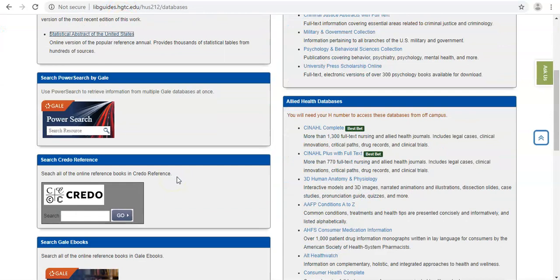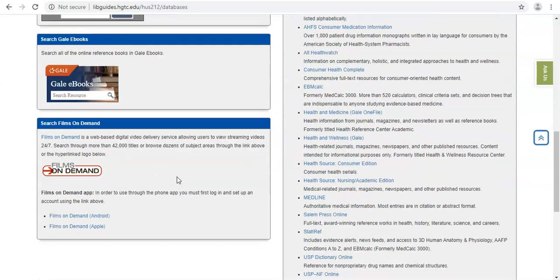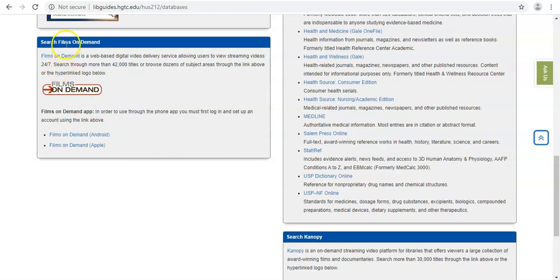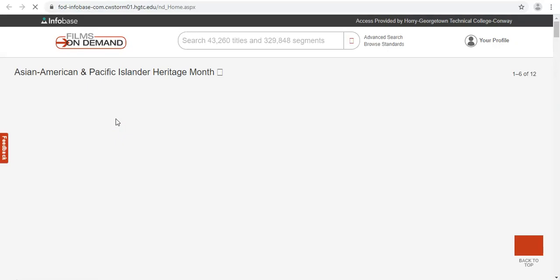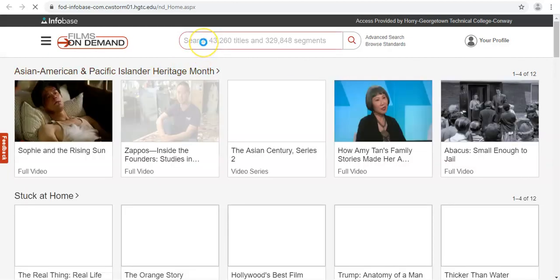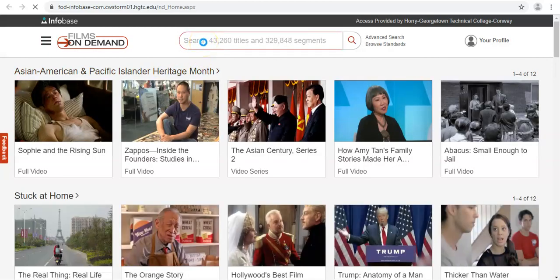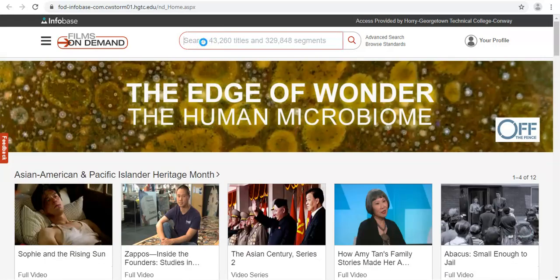And then the last thing that we're going to look at on this particular tab of your LibGuide, down here at the bottom, I told you about Films on Demand and Canopy, the library's 2 streaming video services. I'll go into Films on Demand right now and do one search so that you can see what streaming videos will look like through library resources. You'll see that there's a search box just like you would find in any library resource. When you go in and you conduct your search,